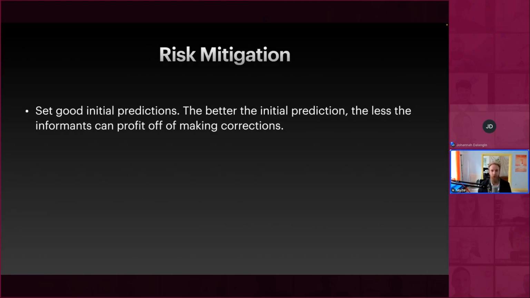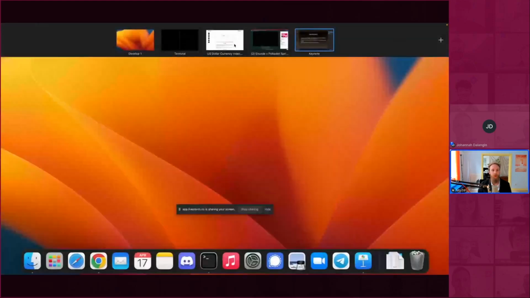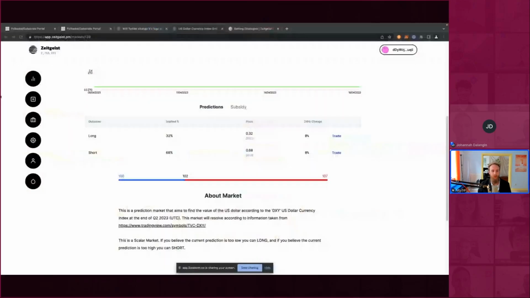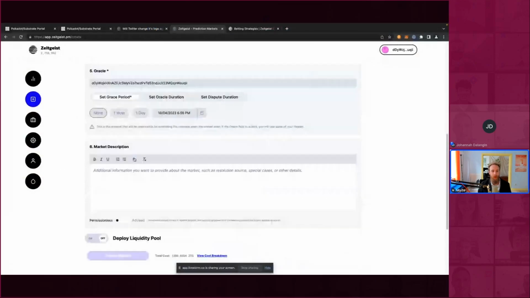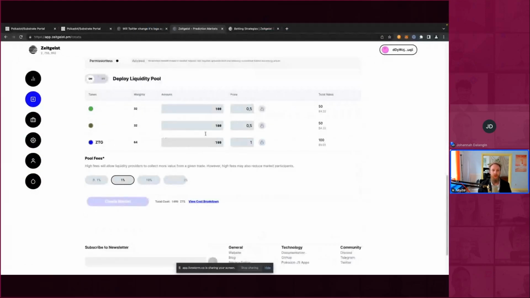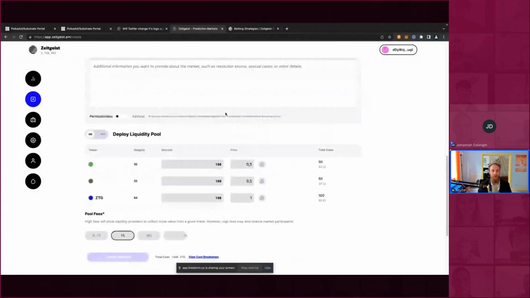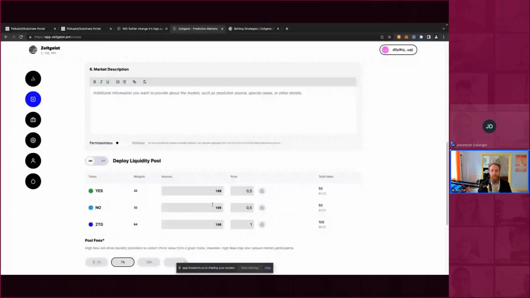Actually, I'm going to skip out of this presentation again and show you this. So if I create a new market, I'm just going to enter some nonsense here to make it work. I deploy a pool, I can set the initial prices. So let's say I have a yes/no market, and I'm asking a question which is unlikely to resolve to yes.